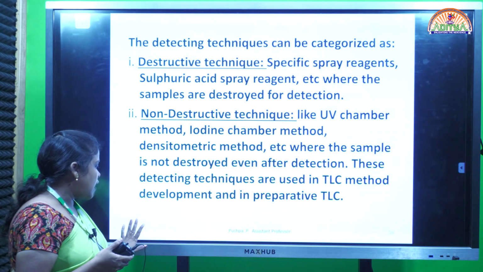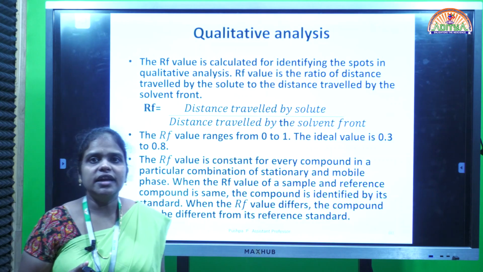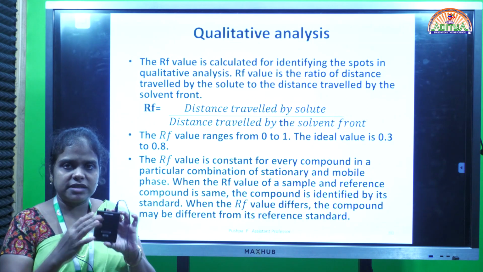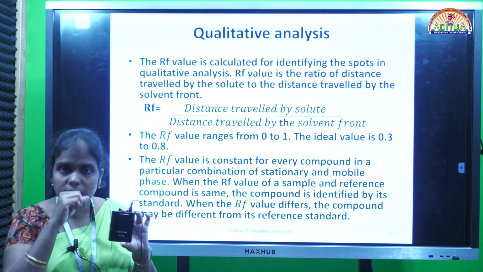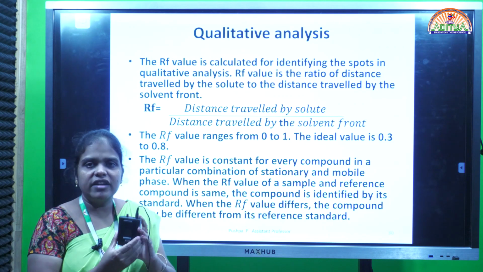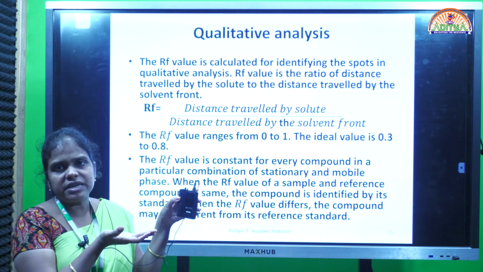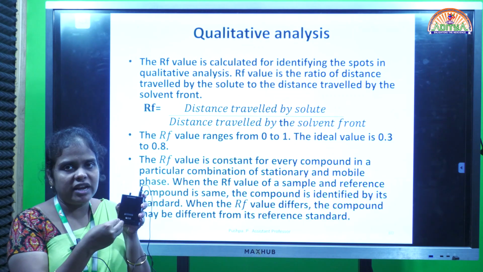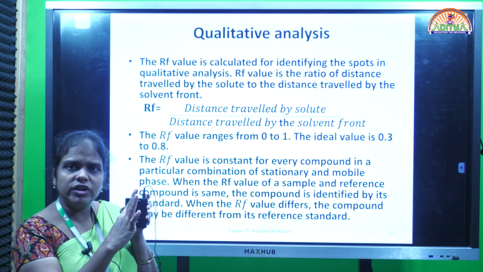Understood? And after the detection, finally we have to separate that sample. How can we separate? After the elution takes place, we look at how much distance the sample has eluted or moved. Based on that distance we can identify the sample. That is called qualitative analysis. You already know, whenever we keep the TLC plate in the development tank containing the mobile phase, we keep it aside for half an hour. In that half hour, the sample interacts with both the stationary phase and the mobile phase, and the sample starts eluting, that is, moving. How much distance has the sample moved?